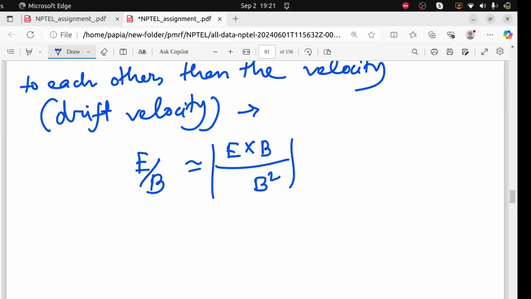So you can see that our v d, which is drift velocity,